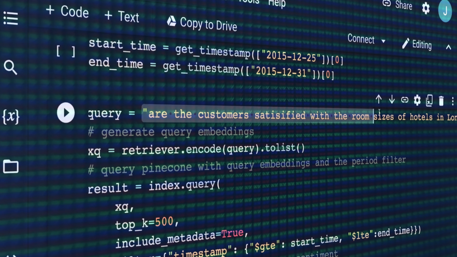So to do that, we are essentially going to take all of these reviews, and we're going to embed them using something called a sentence transformer model. We're going to index those within a vector database, and then we're going to search for things like, are customers satisfied with room sizes for hotels in London? And that will return a set of reviews that are relevant to our particular query, and then assess the general